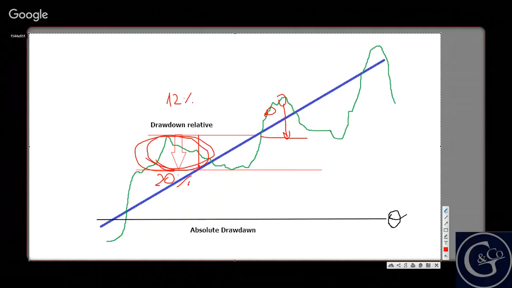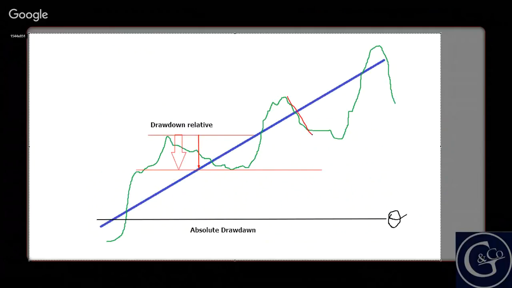For example, if you see such movement, and it's not 20%, it's for example 15% or 10%, you can enter this account.